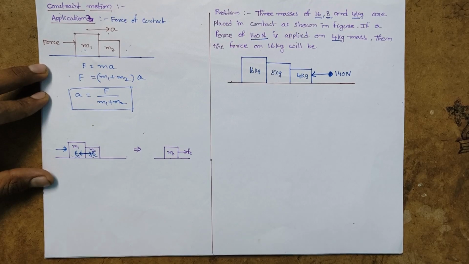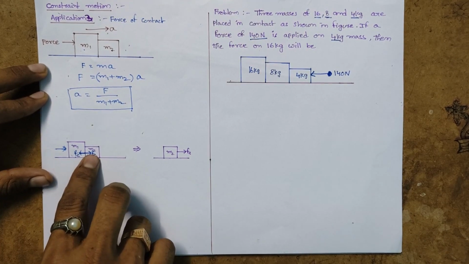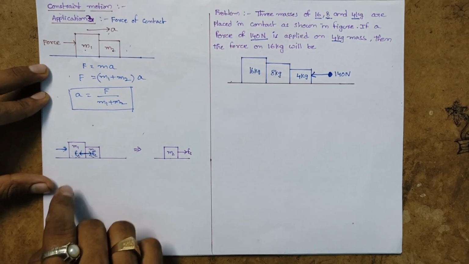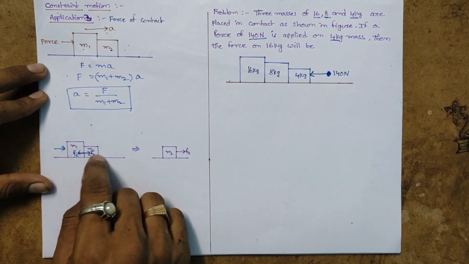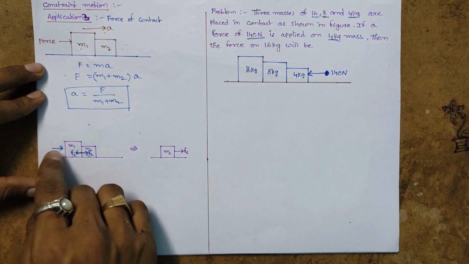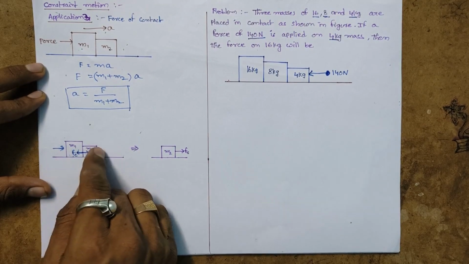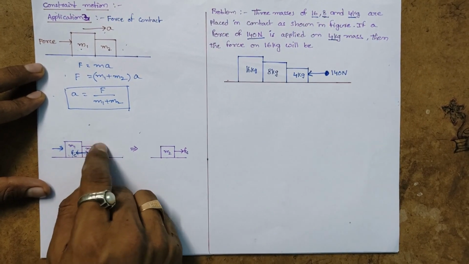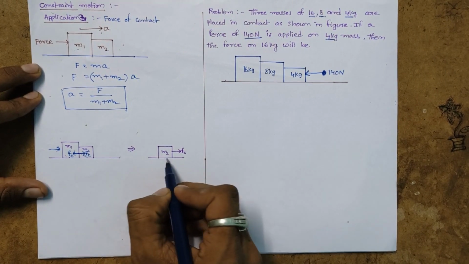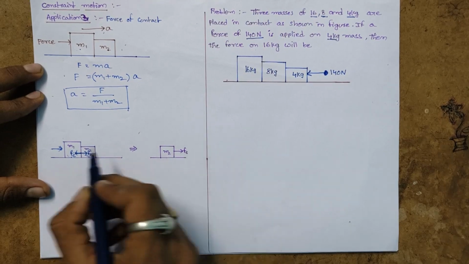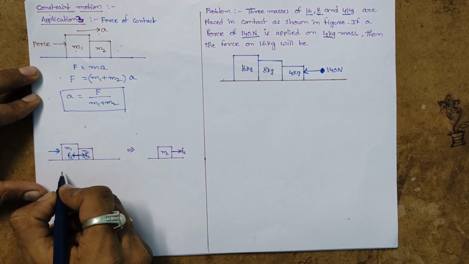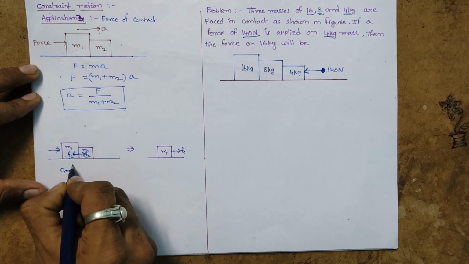So due to that mass, the second body tries to oppose the motion in the opposite direction with some contact force Fc. That means at a time we have a contact force along the positive x-axis direction because of the external force, and the other contact force is due to the second mass. But whatever it may be, the external force as well as the m1 contact force is more compared to the m2 contact force. That's why the m2 body moves along the direction of the force with some contact force, isn't it?